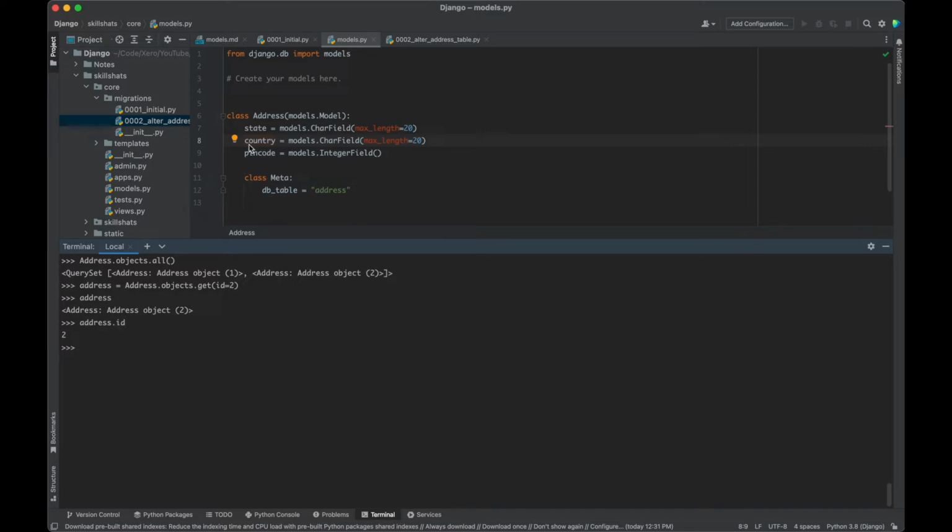Now let's update the state. First check what the current state is. It's Gurgaon. Okay, so now let's change it to Delhi. address.state, now you can assign the new value here, New Delhi. Okay, and just press enter. So if we check address.state, it's showing